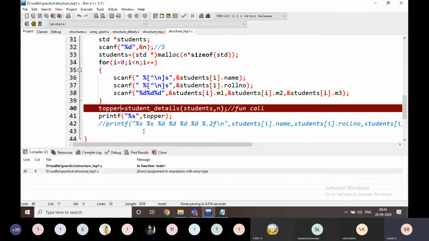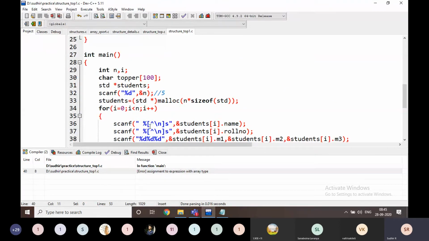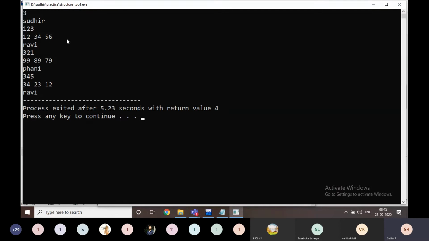What is this? Expression... assignment of array type. Sorry for that. It is going to be return star. I'm going to copy it. If I display it, Ravi is going to be the output here. That's it. We can work in any way like this. If you want to display the total data, or return some index value, or return any string, we are going to return it like this.